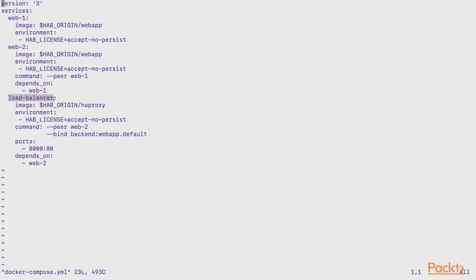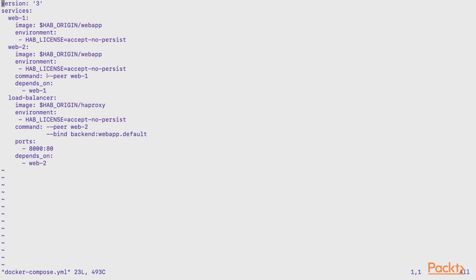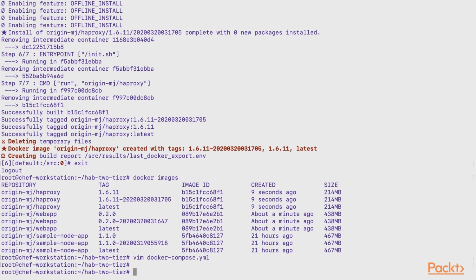For each of the containers, you're specifying which image it should start with. In case it is dependent on any other application or container, like here the load balancer depends on Web 1, I'm specifying that. In the load balancer, you would also see it depends on Web 2. So that would be the order in which they would come up. And I have exposed port number 80 in the container and mapped it to port number 8000 on the Docker host, or this particular workstation.